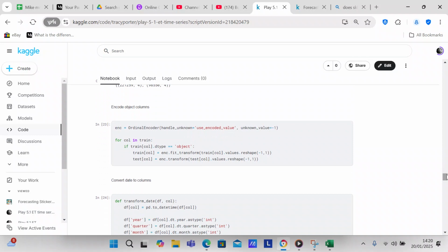So for col in train, if train[col].dtype equals object, then train[col] equals enc.fit_transform(train[col].values.reshape(-1, 1)), and the next line is test[col] equals enc.transform(test[col].values.reshape(-1, 1)). And then after we can